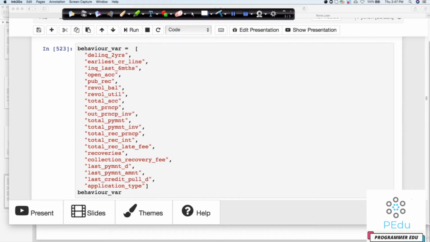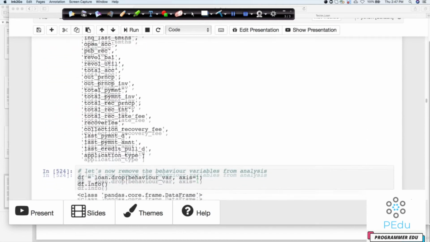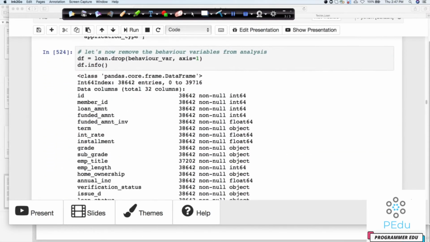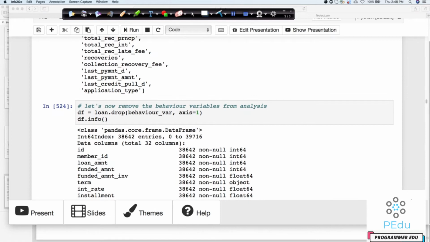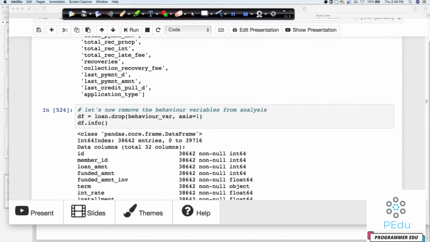So all these things will be a part of your behavior, which is after the loan is approved. So definitely we don't need these, right? Because in my final analysis, what we want is, at the time of giving the loan, which are the variables I would like to look at. So these are the things we would like to go with. Basically, these are the variables, and again you can go back to the dictionary, match these up, and see what each variable means.